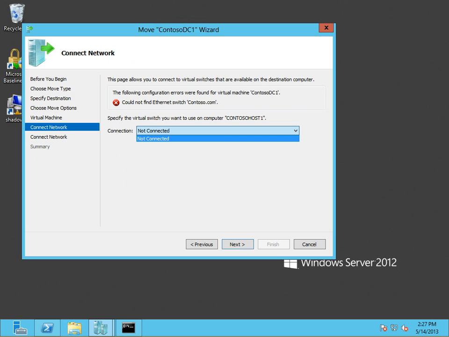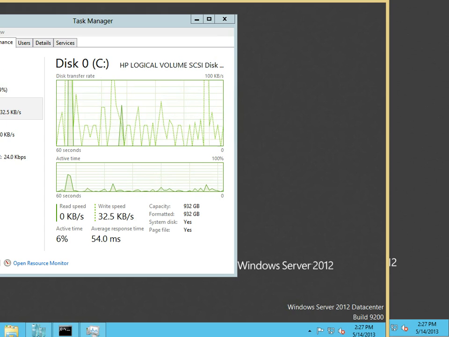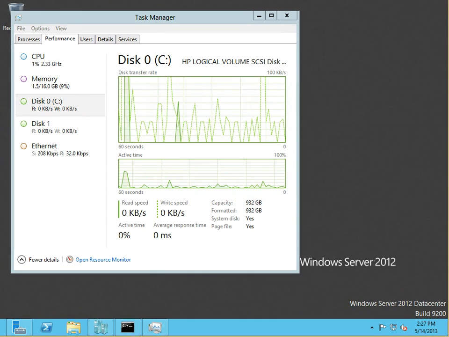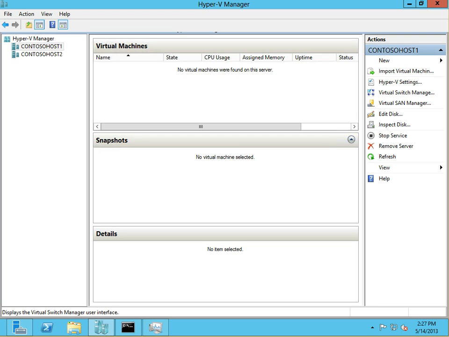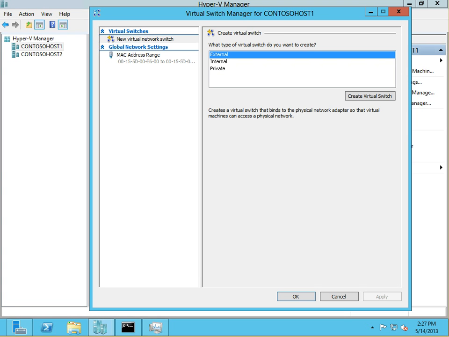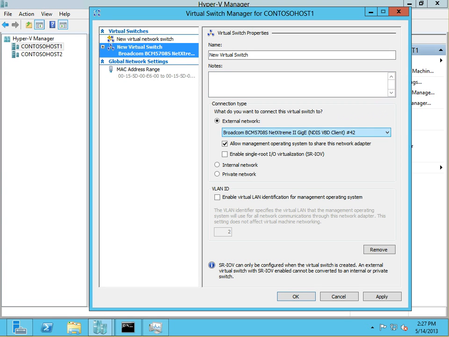And as you can see by dropping down, I have none. So let's go over there and create a vSwitch real quick. So we'll go into Virtual Switch Manager. We're going to create an external network, and we're going to attach it to this little Broadcom card. We're going to call it the same